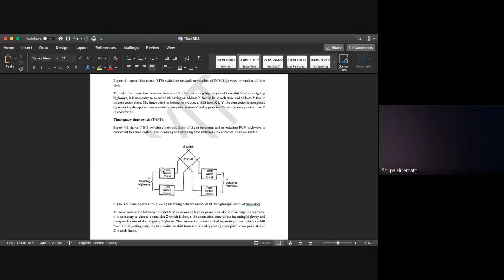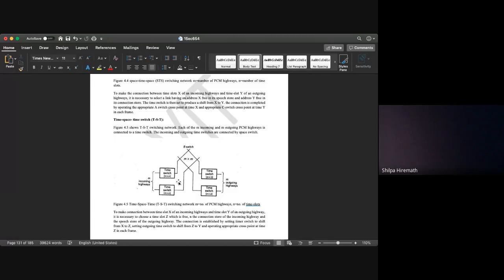So here there are time switches. Similarly, here also there are time switches. There are m incoming highway lines, which means there will be a total of m time switches. M outgoing highway lines means there are totally m time switches for the outgoing highways. And what will be the total number of cross points across the B switch? It will be m cross m, because of the number of time switches that are present. So this B switch is nothing but the cross points, the space switch.